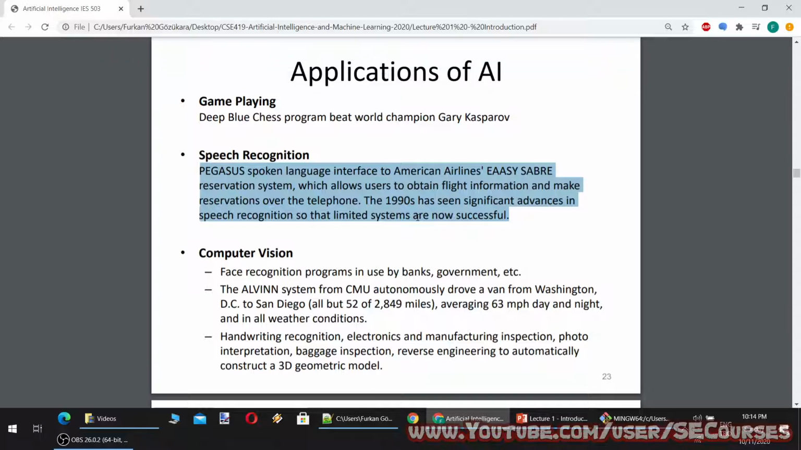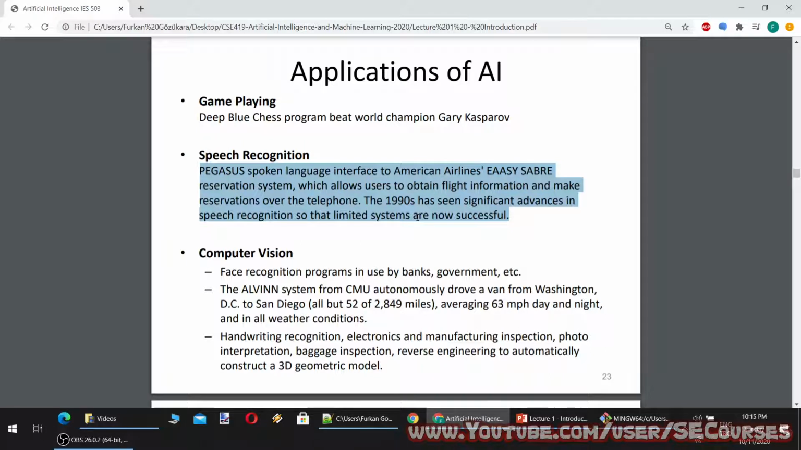Pegasus, Spoken Language Interface to American Airlines' EAASY SABRE Reservation System, which allows users to obtain flight information and make reservations over the telephone. The 1990s has seen significant advances in speech recognition so that limited systems are now successful. As you can see, it speaks, however, it is still not as good as humans. Yes, it is still clear that it is spoken by a computer. But I believe in future it will become much more